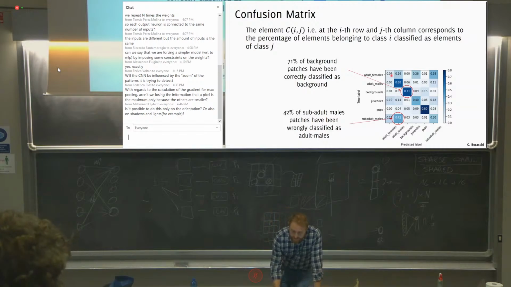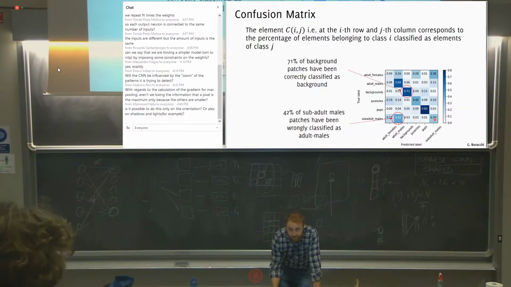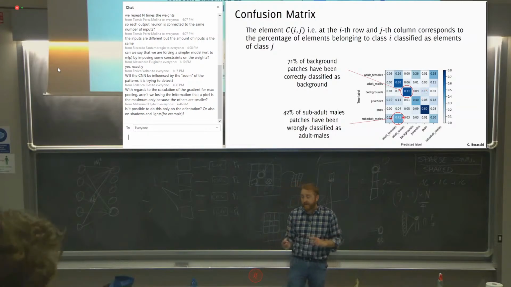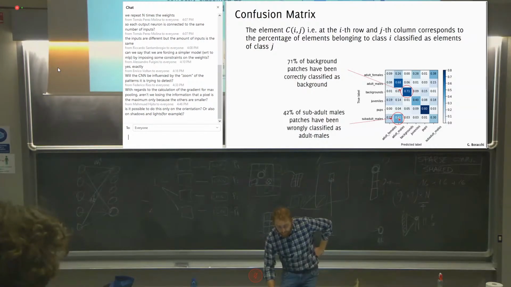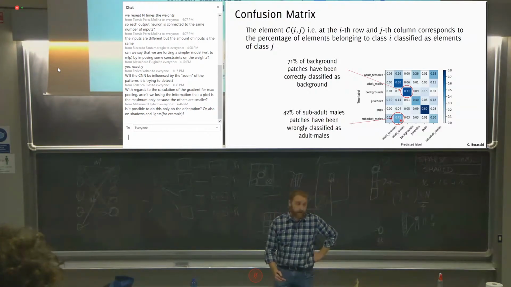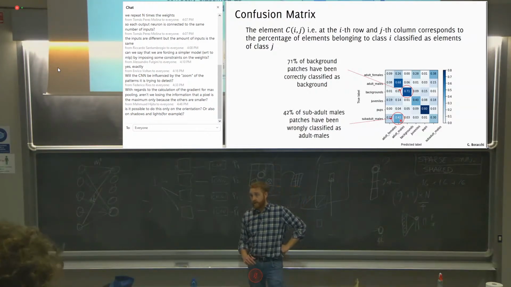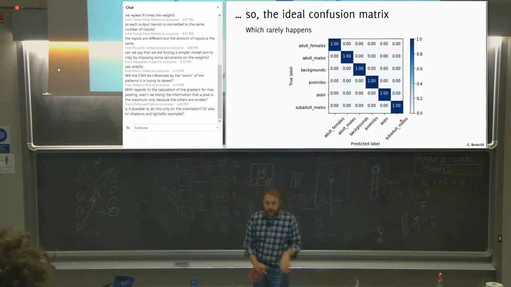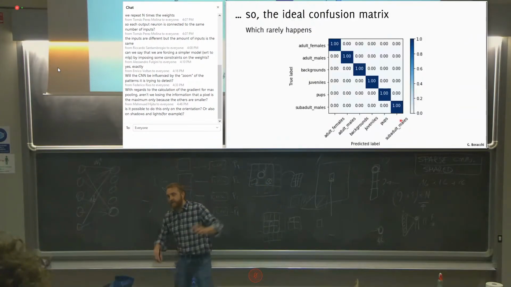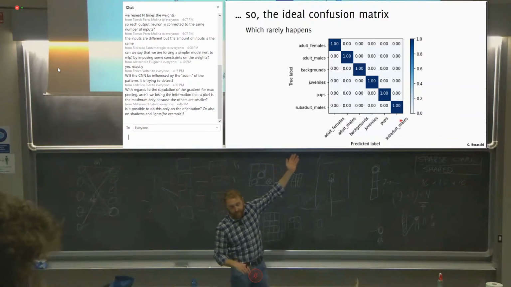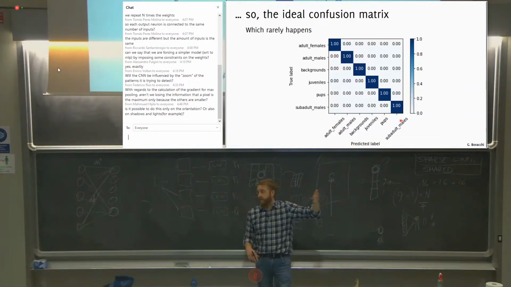While only 9% of the adult females have been classified as all adult females. On the diagonal, there is the recall, the accuracy over each class. Off the diagonal, there is the proportion of misclassified samples. So here you have that 42% of subadult males have been classified as adult males. Okay? Of course, the confusion matrix you dream of is like this, the identity, 100% of each class